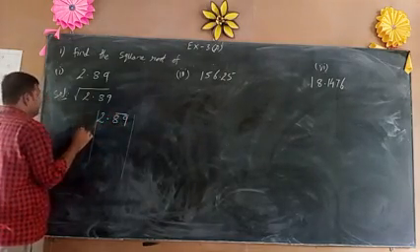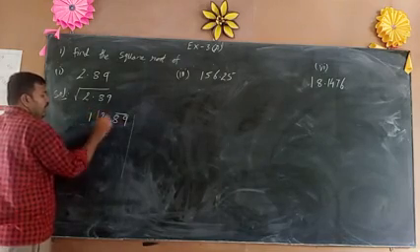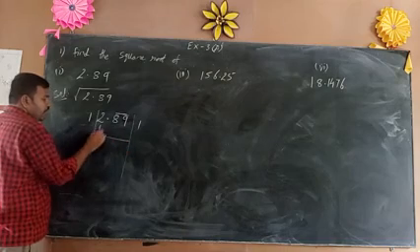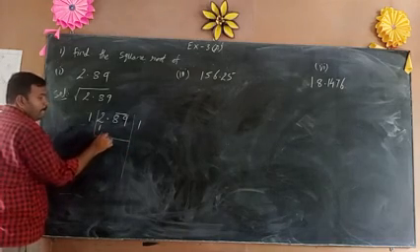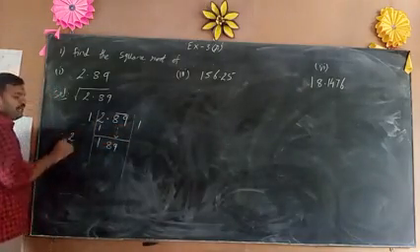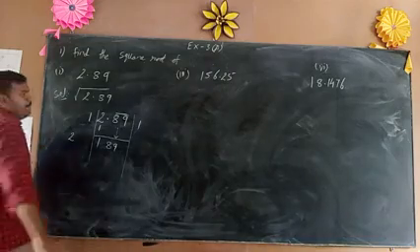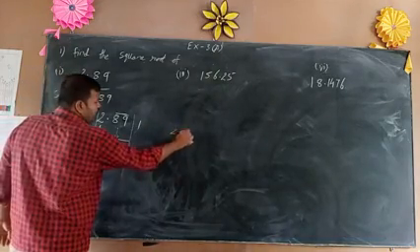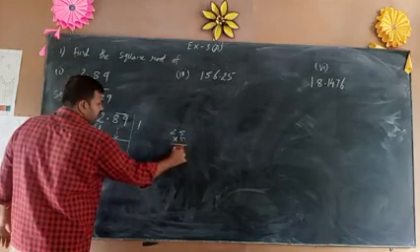Now read the square table. 1. Ones are 1, only it is possible with 1. So write it as 1. Drop the set of 89. Double the quotient. 1 will become 2. Beside the 2 we have to give a number. I am giving 5: 25 into 5 is 125.